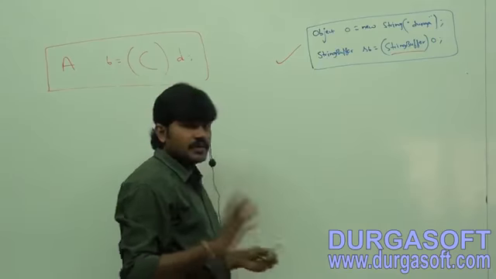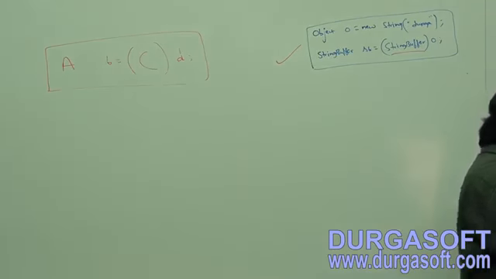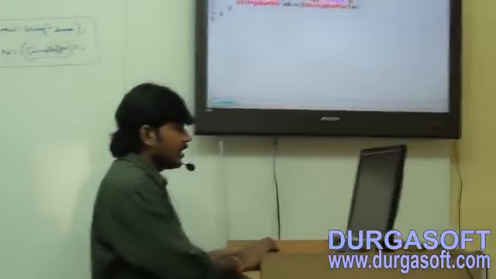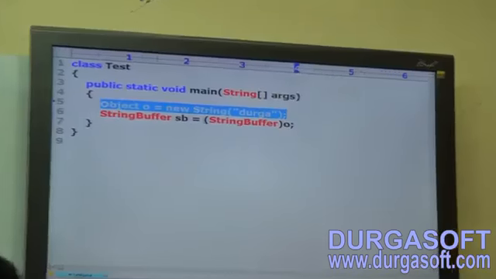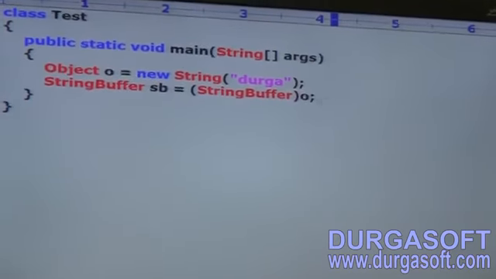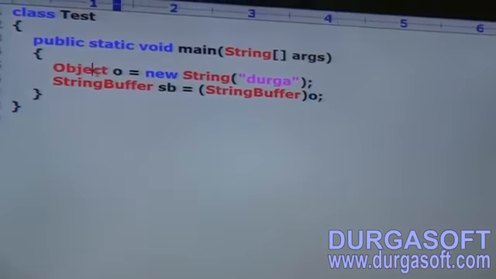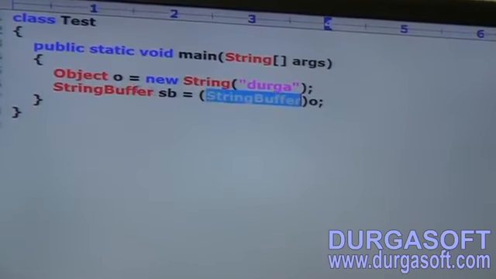One minute, understand this point well. Here, have you observed? Just the same thing. Object O is equal to new String of Durga. StringBuffer SB is equal to new StringBuffer of O. Valid or not? O is of object type. Object and StringBuffer have a relation, StringBuffer is the same as StringBuffer.